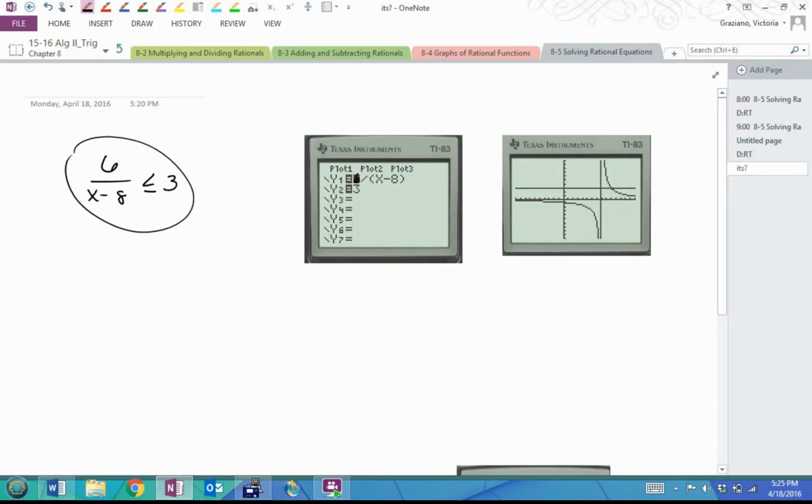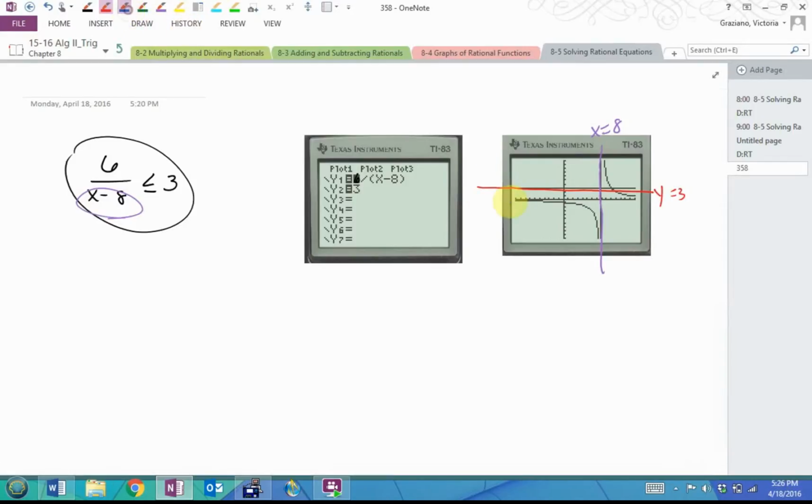So you can see the graph over here. Here's the 3. So here's where we're comparing to. No surprise, we've got an asymptote here at x equals 8, right? So we know that x can't be 8 from over here, so that's that asymptote. And then we have this y equals 3. So the question is, when is the rational